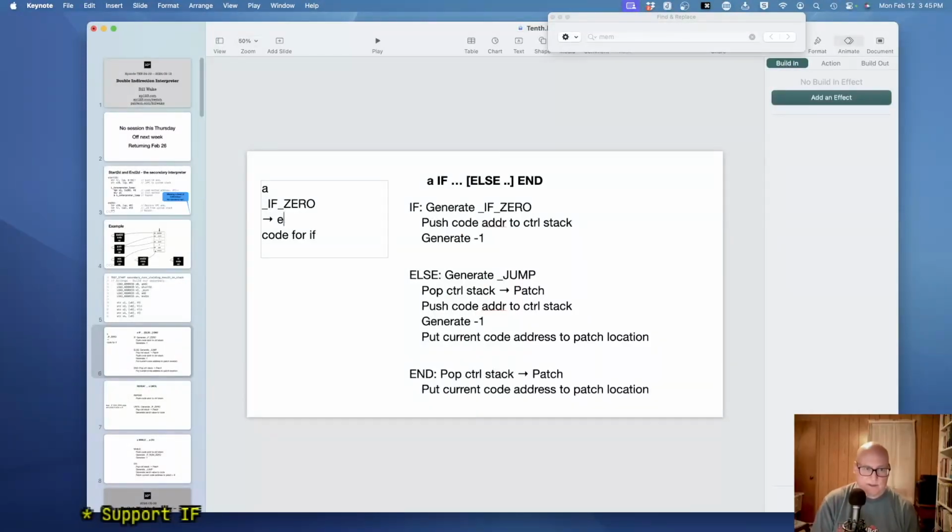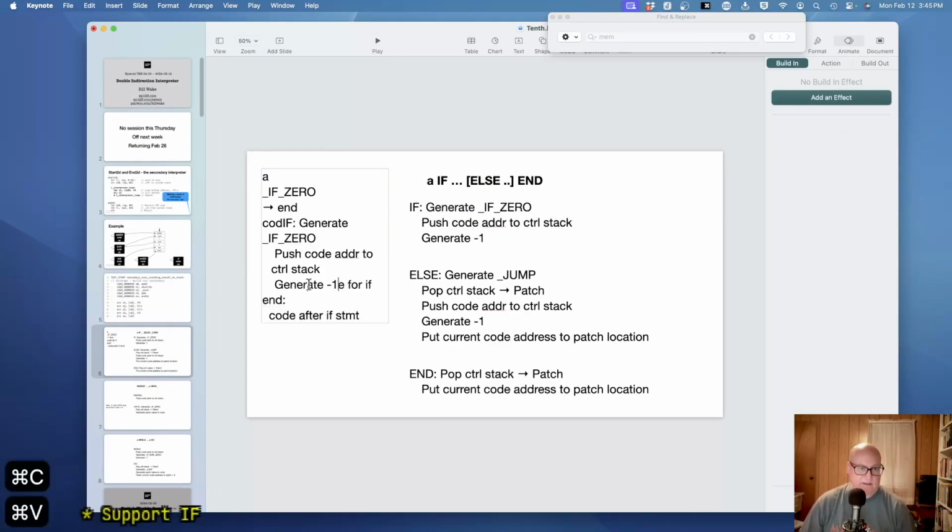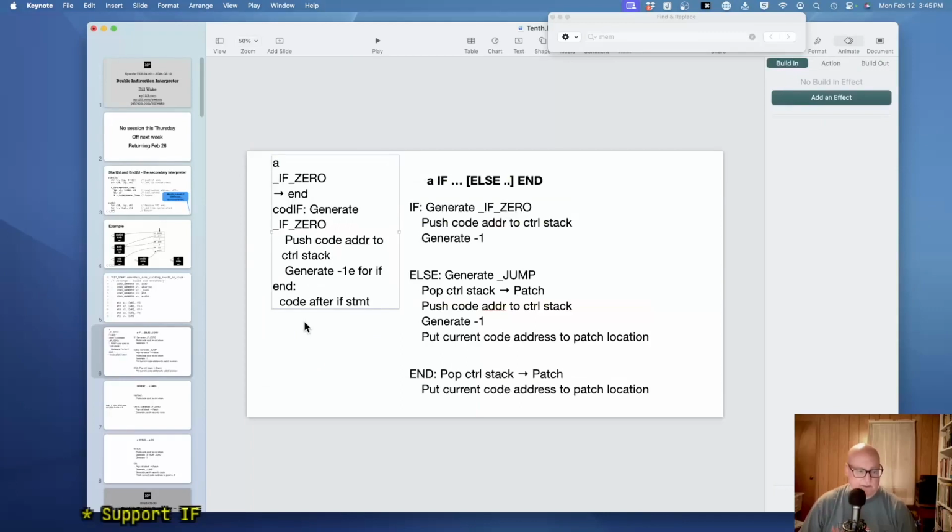Now I'll call this end, and then put the current code address to the patch location, and then end is just kind of the address here, which could be code after if statement. Okay, so that's the code we're trying to generate in the one case. And then the second case,